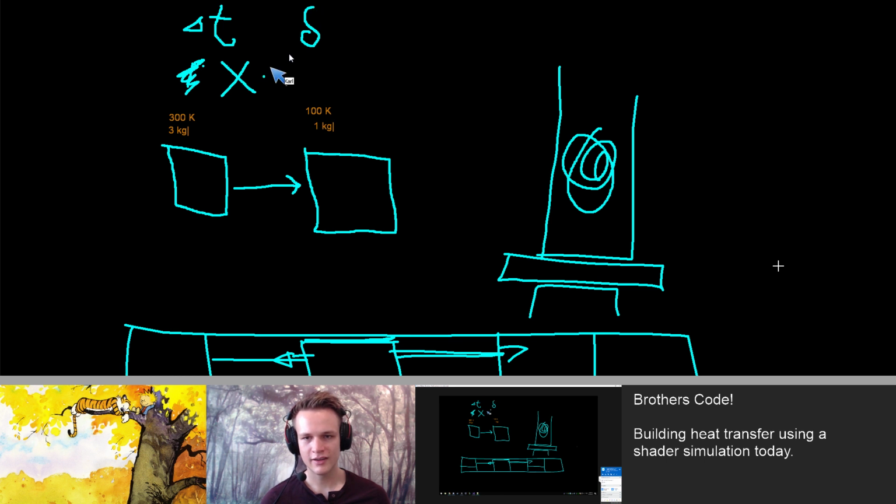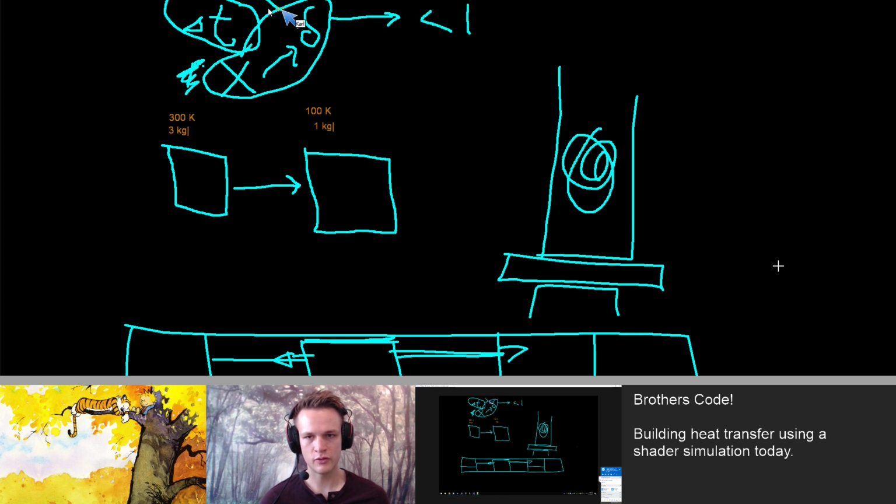So there's this, which is per time step how much heat gets transferred, and then there's also, based on how much change in temperature there is, how much gets transferred. So this value should be less than one, and then we just multiply those two things together, and that's how much gets transferred. Does that seem right?